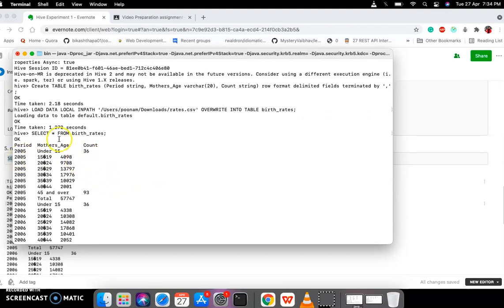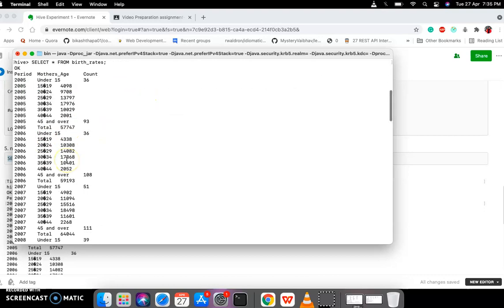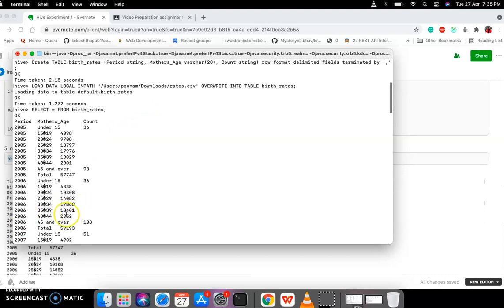And all the data is in this table now. So we had 3 columns in our CSV file. First is period, time period, second is age, and third is count. So it was birth rate data. So in 2015, under 15 the birth count was 30, and between 15 to 19 the birth count was 4098. But here you can see the question mark. That's because we have a special mark here, so that can't be included in the current properties of the table, but we have all the data in the table. So that's all for now. Thank you.